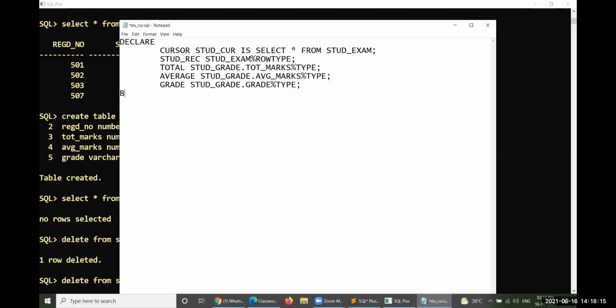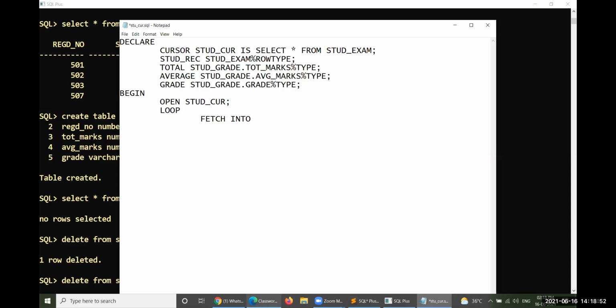Then we have to begin the work. Begin. Before going ahead, you have to open the cursor. So open stud underscore cu1. Yes, the cursor has been opened. Then you must get the data from the cursor. You have to get one by one row from the cursor. Therefore, to get the data from the huge number of rows from the cursor, let me work with a loop. Okay, loop. So fetch, fetch into.